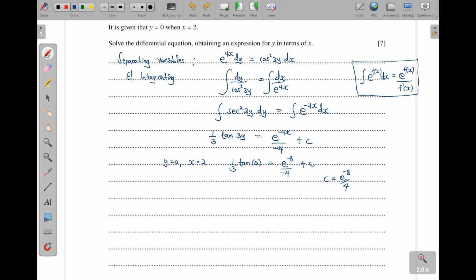So first of all, when we reach here plus the arbitrary constant of integration here, this is what we call the general solution. Then the particular solution is when we find the value of c. So the particular solution is a third, then tan of 3y, which is equal to negative e to the power of negative 4x, then we divide by the 4, then plus e to the power of negative 8 over 4. They told us to obtain an expression of y in terms of x, so we make y the subject